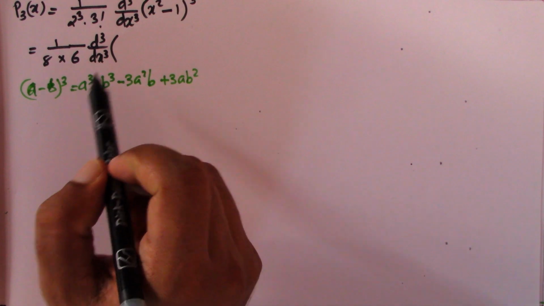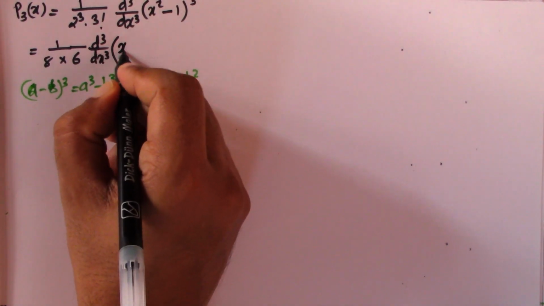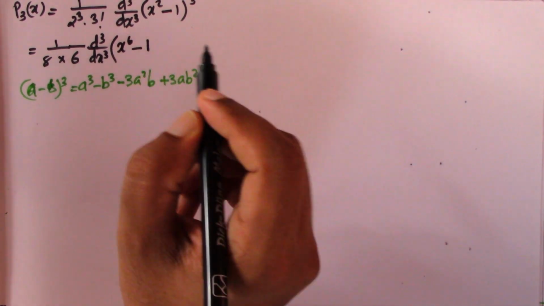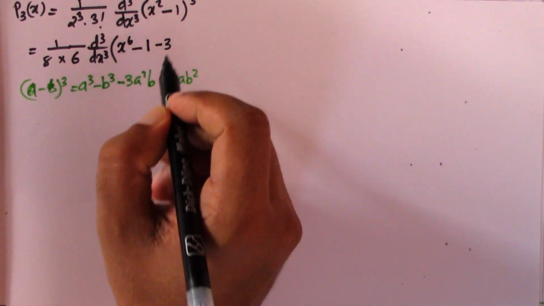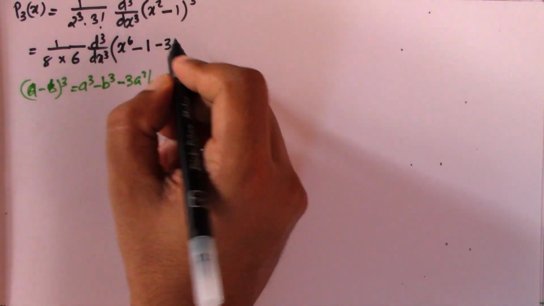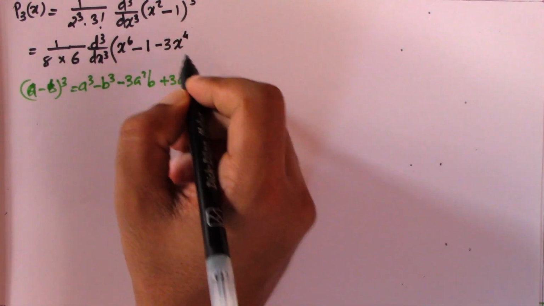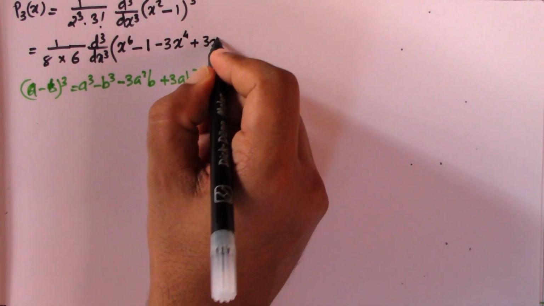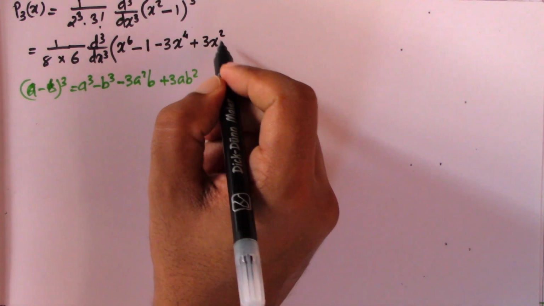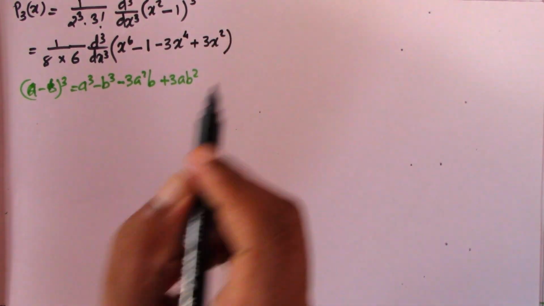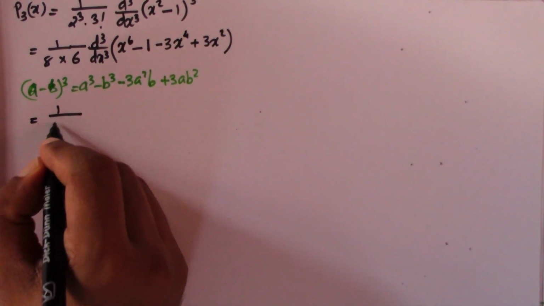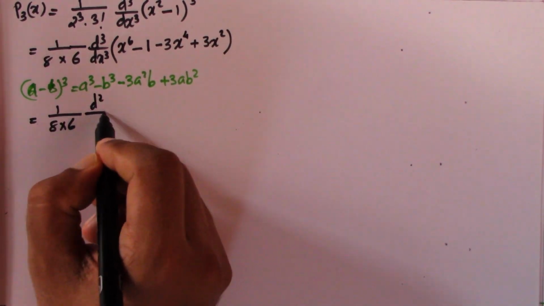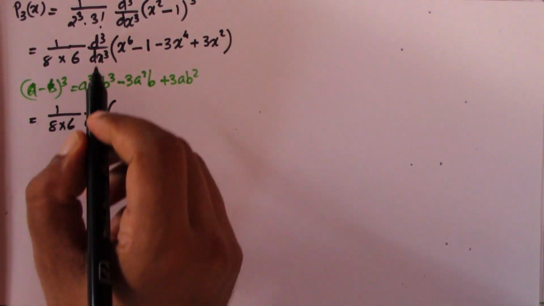So a cube in our case is x raised to 6, minus b cube is equal to 1, minus 3a square b, in our case is x raised to 4 into 1, plus 3ab square, that is 3x square into 1, so that is 3x square. So that is equal to 1 divided by 8 into 6 into d square by dx square of